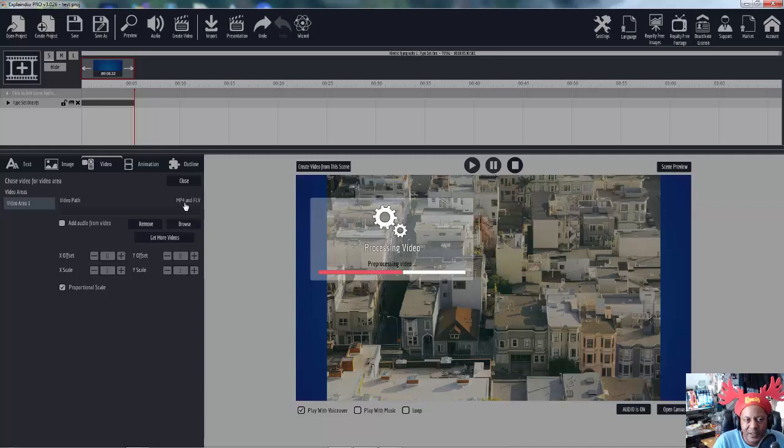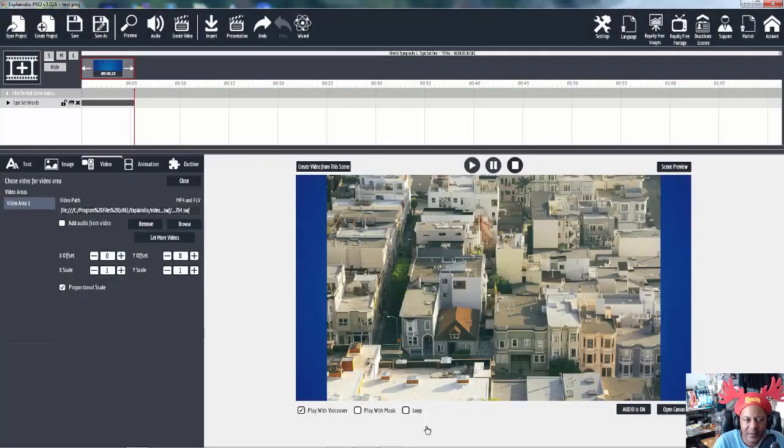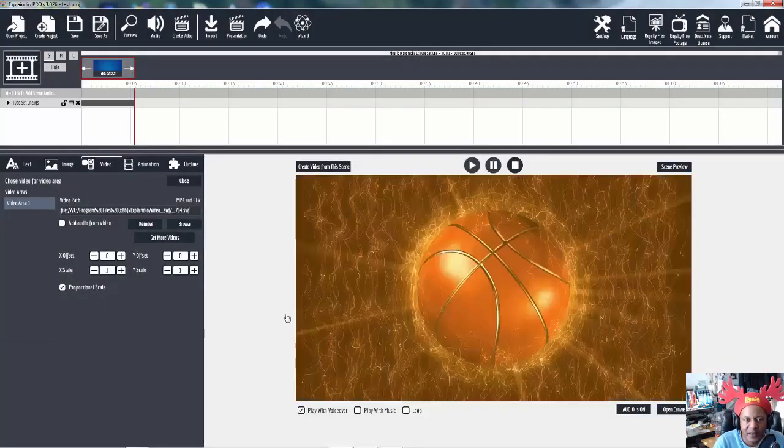Right here it says MP4 and FLV, but when you're loading videos from the canvas, you can also load AVI and MOV, although the transparency is not respected. So you won't see any transparency if you load in the AVI or MOV with transparency in it, but you can load the file. So if that's not an issue for you, then